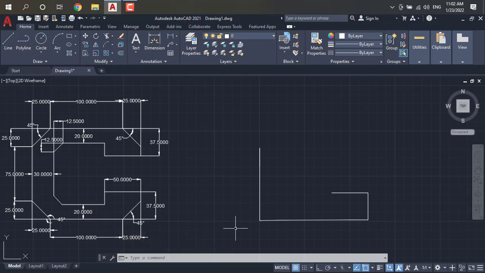Why we give a break in this? We have to draw directly as 75 plus 25 plus 25, 125. Why we give a break? Because here our lines are separately selected. Because here we want the points. That's why